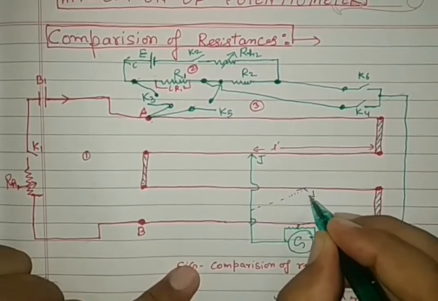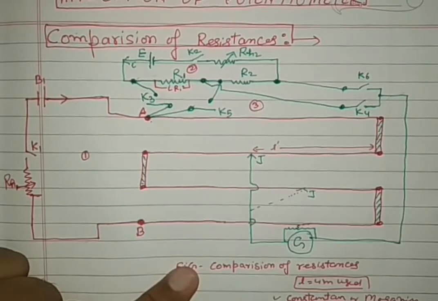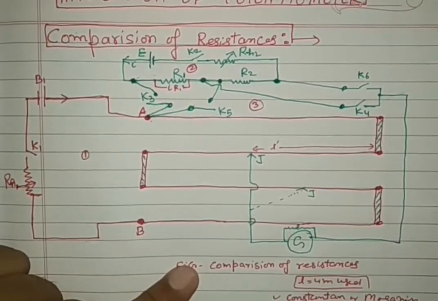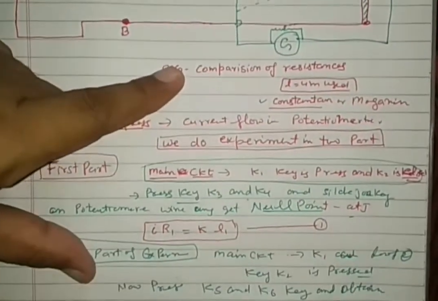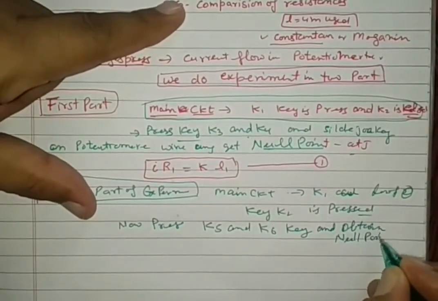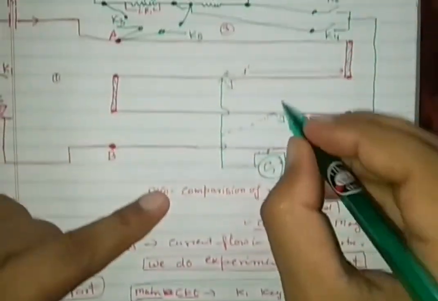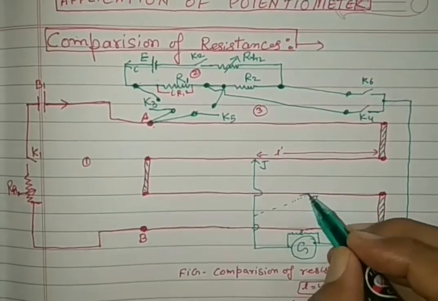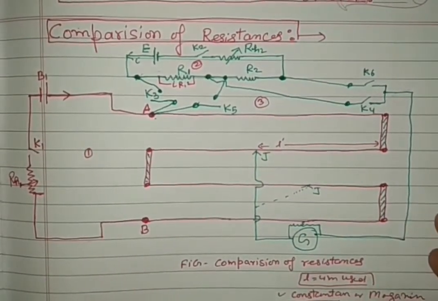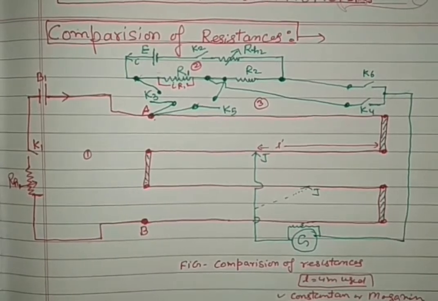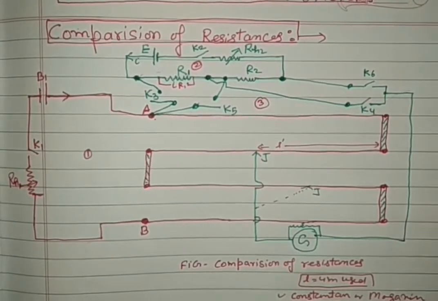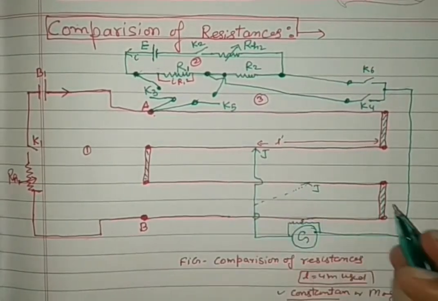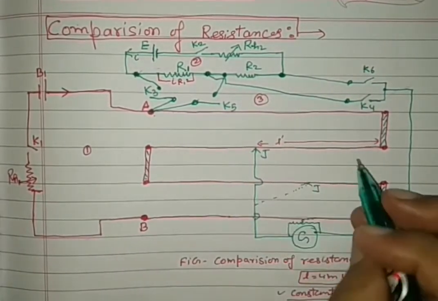the null point J. Suppose we are getting a null point. See, now both principles of the potentiometer act here: the principle of opposition of two EMFs, and the potential is directly proportional to the length trapped. Both hold. How? If the null point is obtained again, obtain the new length.